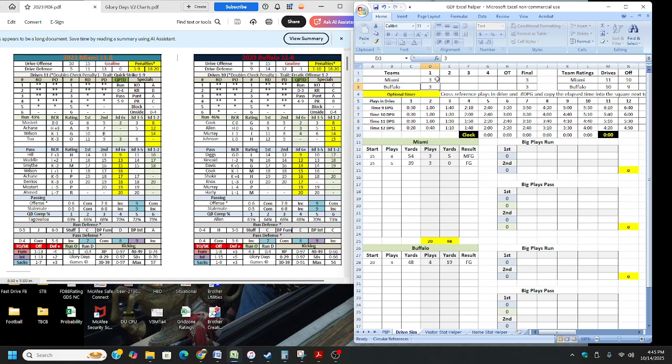And we are on drive number 4 of the first quarter. Miami to kick off. And Miami's kickoff rating is an A, and that is going to be a touchback. Buffalo starts at the 25-yard line. And again, rolling on row number 4 of the drive chart. And they get an 86. 86 is going to be a drive kill, a potential drive kill. So what you'll do there is